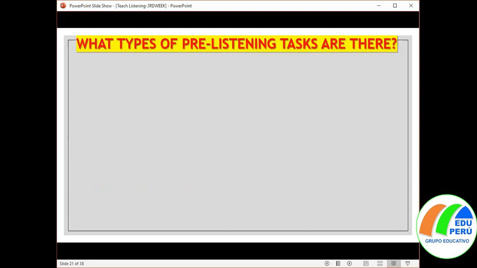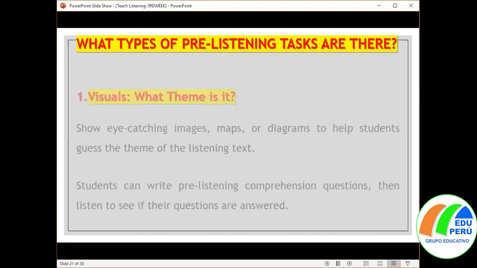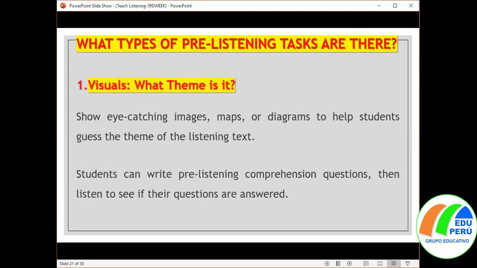So let's pass now to analyze the different activities. One of the activities that we could use, and I know that you use a lot, is the visuals. All right, so you have to show your students eye-catching images, maps, or diagrams to help students guess the theme of the listening test. You can show them pictures, all right,